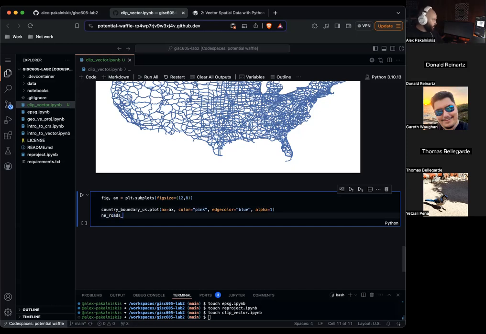Any roads clip plot ax equals ax, color equals, so let's do purple.